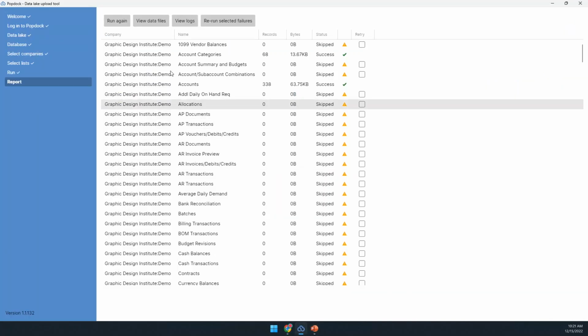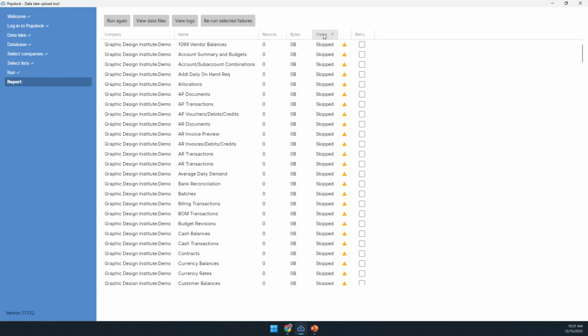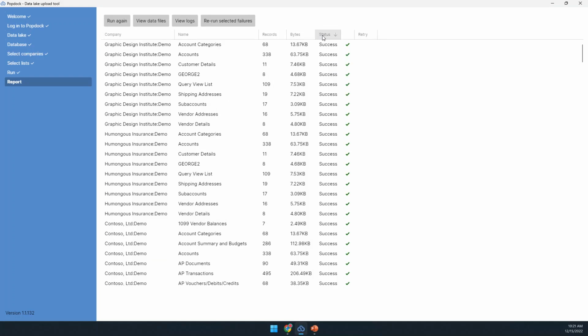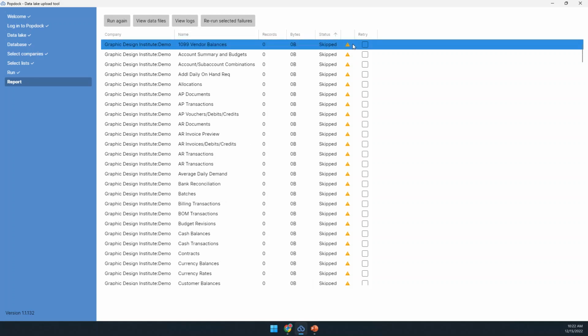If we go back here, we can see that it has completed. And if I sort by this, we had a bunch of them that were skipped, and everything else was a success. So none of them failed. We just had successes and ones that were skipped. But let's do this. You can see next to the skipped, and this is also there if there's a failed, is a retry button. So if I click on this,